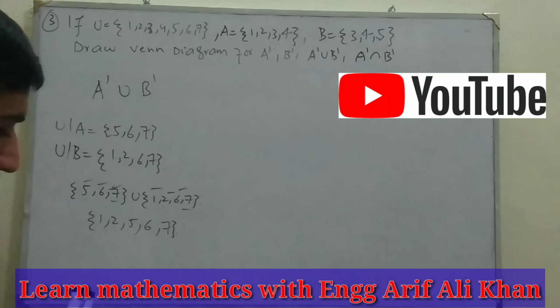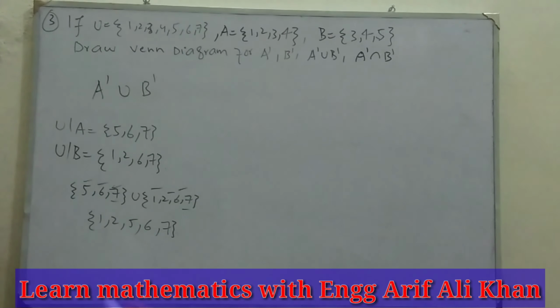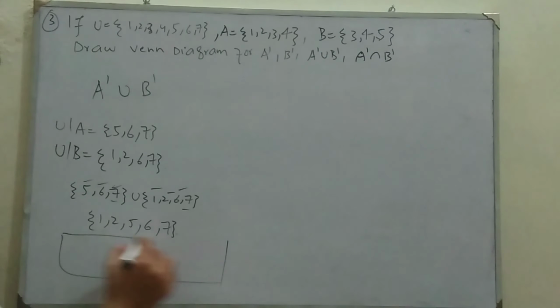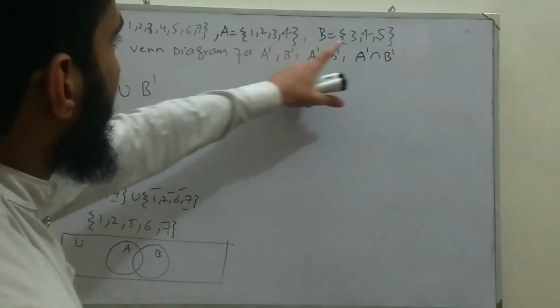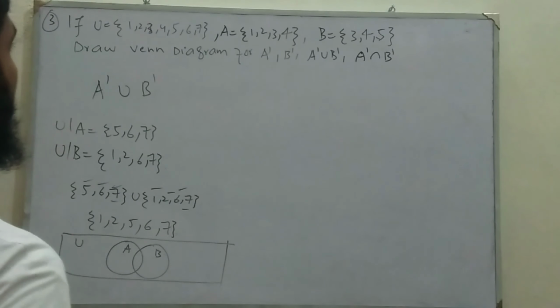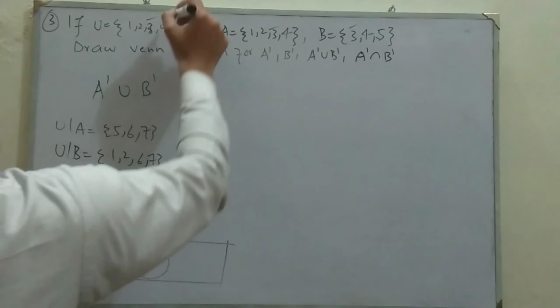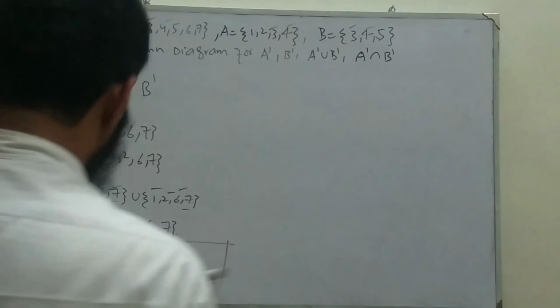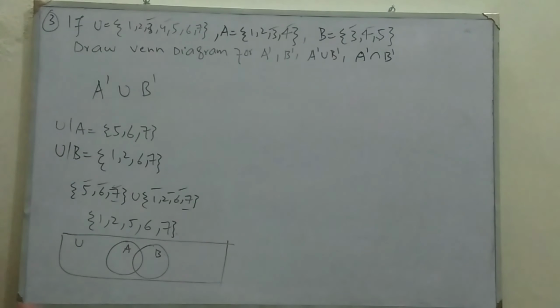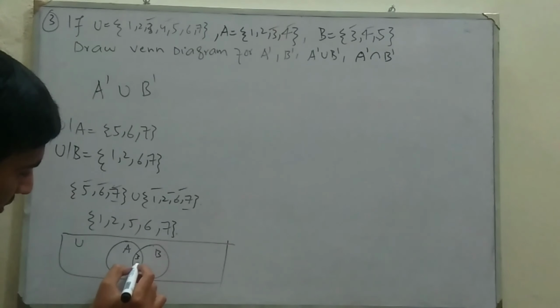Now we are going to prove it with the help of a Venn diagram. So draw a rectangle over here. This is the universal set, and let's suppose this is A set, and this is B set. Now the common elements in the universal set, A set and B set are here. The common elements are 3 in all of these three sets, and the other common element is 4. So we write 3, 4 inside here because this is the common area.